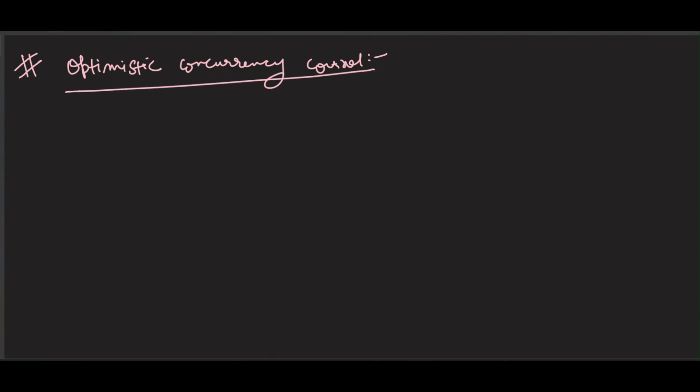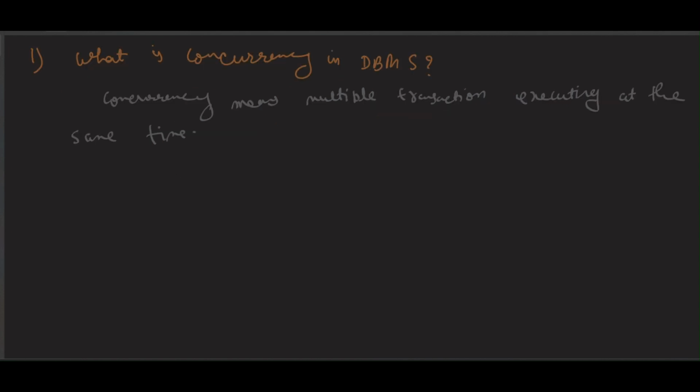So in this, generally what happens? Transactions execute freely without restriction. Okay, and validation happens before commit. Transaction may cause